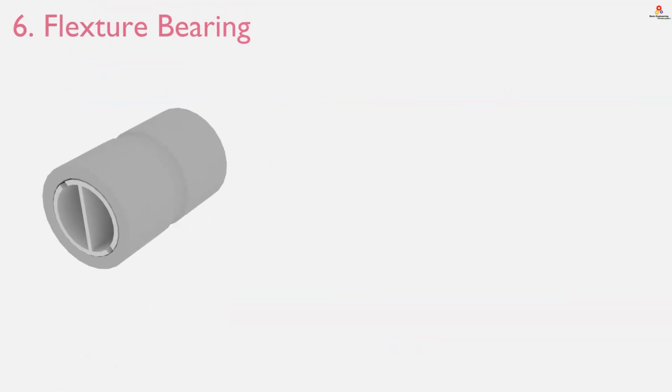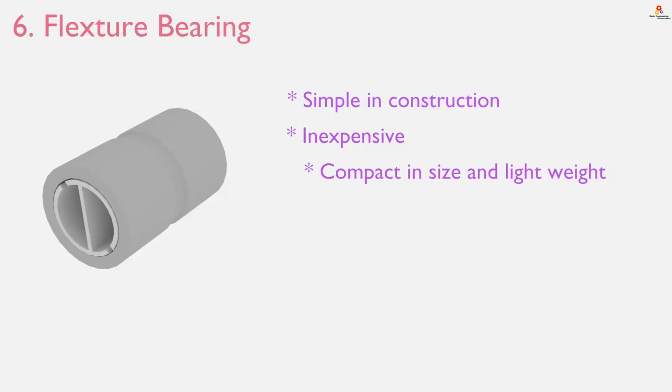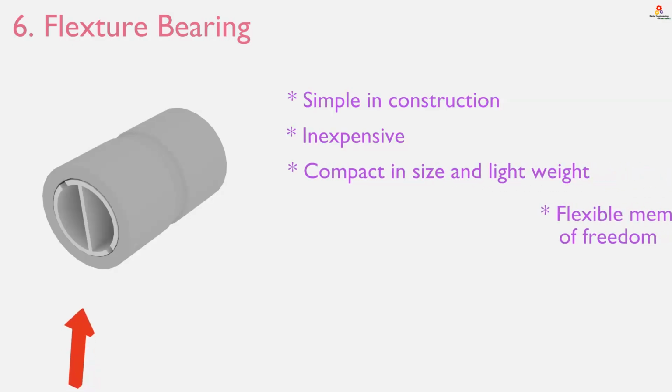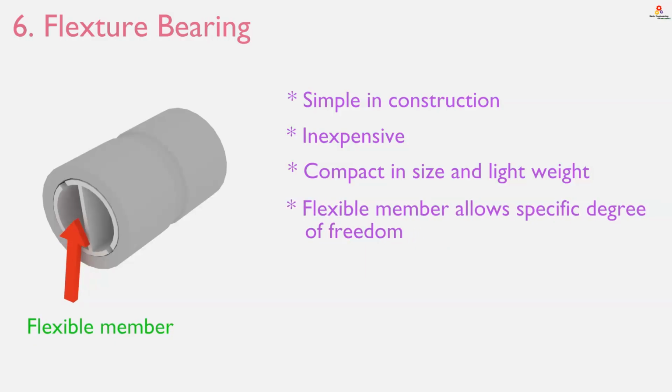The last type, flexure bearing. These bearings are also simple in construction and inexpensive. These are compact in size and lightweight. A flexible member is used in this type of bearing, which allows a specific degree of freedom. Leaf springs are also an example of flexure design. Where do we find